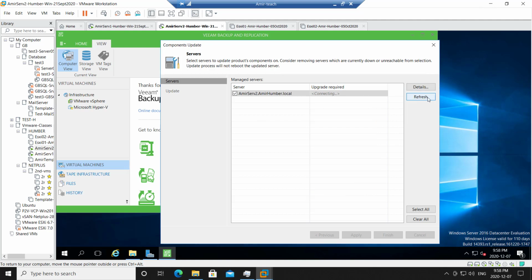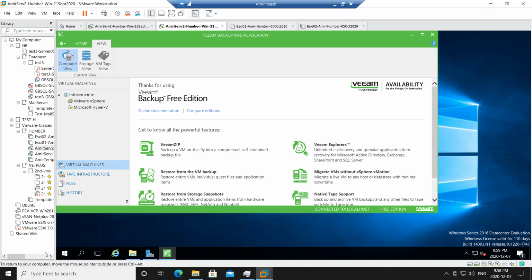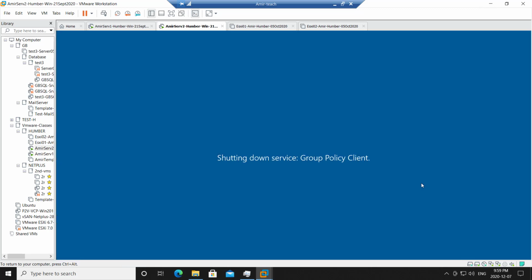I click the refresh. I'll click apply again. I think I have to restart and then try this. I did that without restart. So we get that. Why do we have to restart? Okay, I'll restart. After restart, it should be okay. Should.